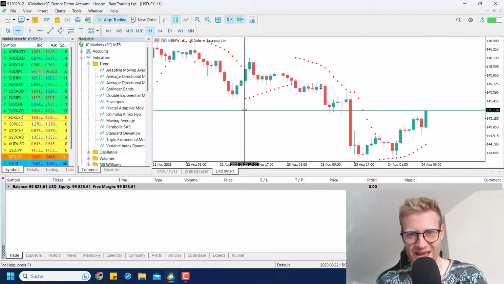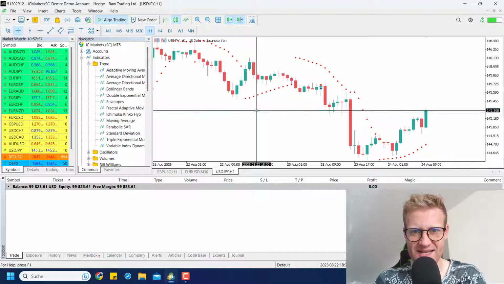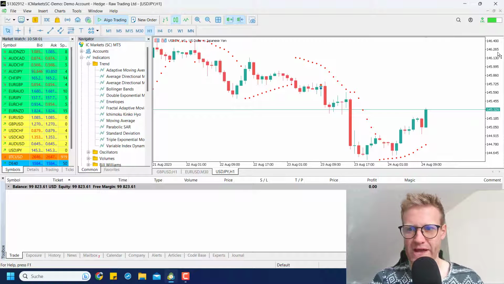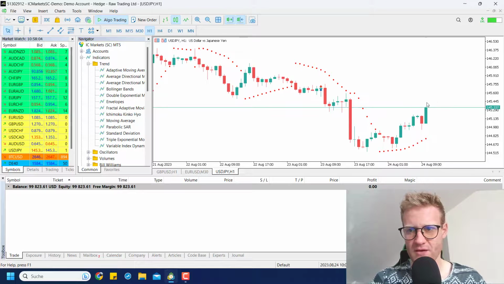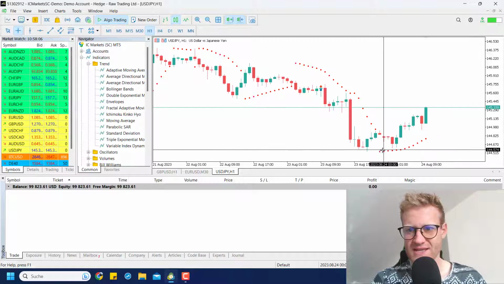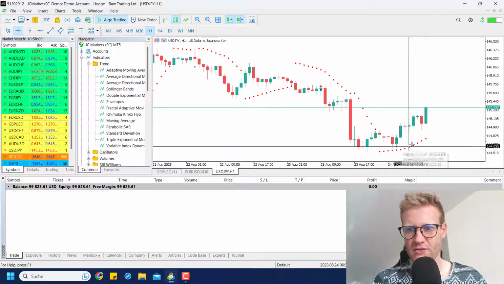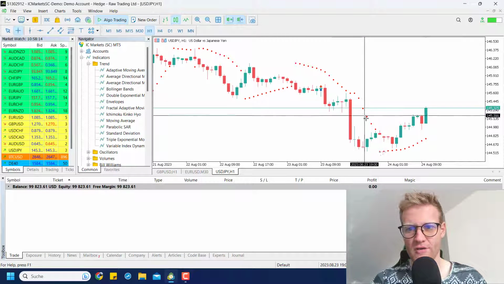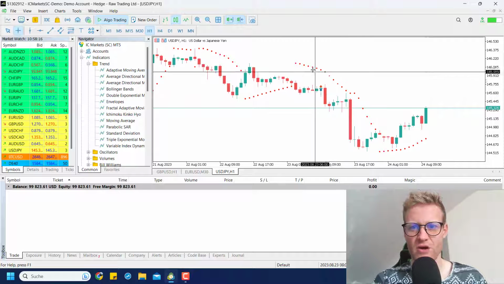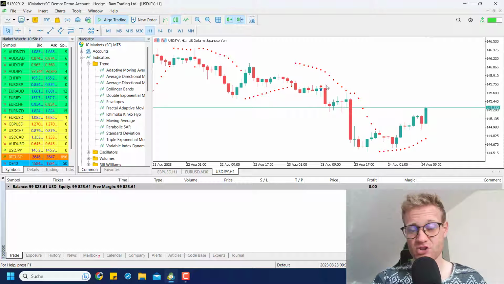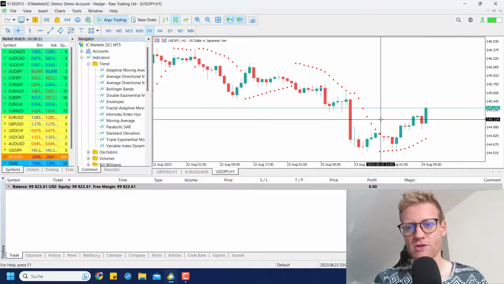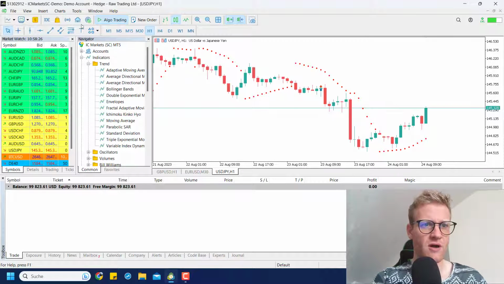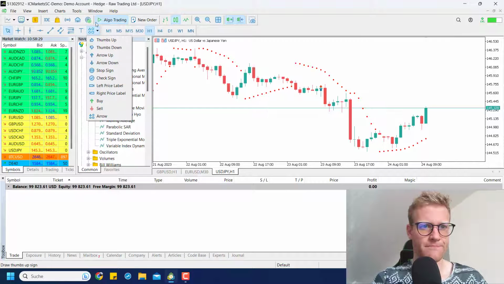dots. You can see every single bar has exactly one dot, and if there is an increase in price, like we see it right now here, the dots are below the current price or the candles, and if we see a decrease in overall price, the dots are above the candles. And what I want to do is focus on these areas here where the